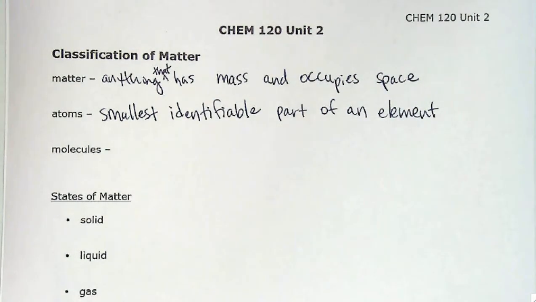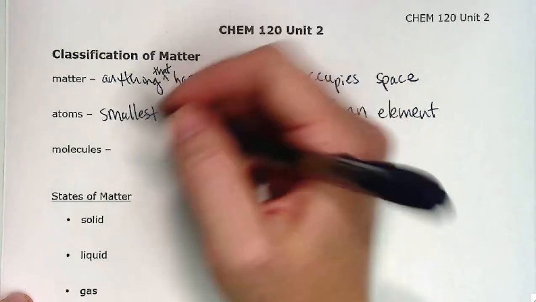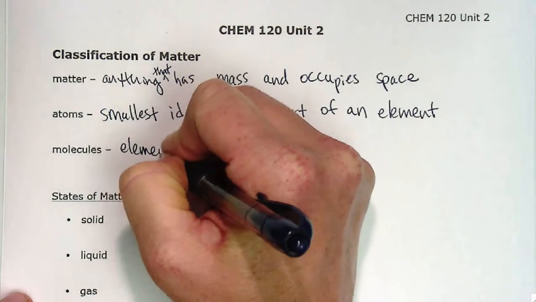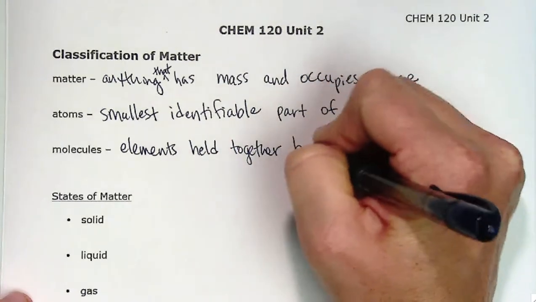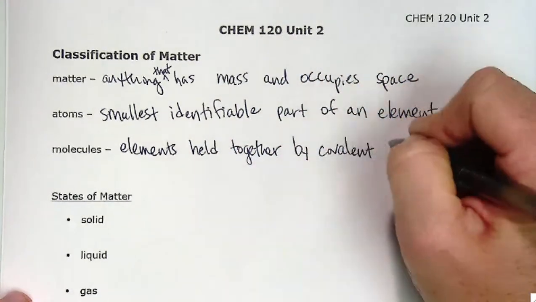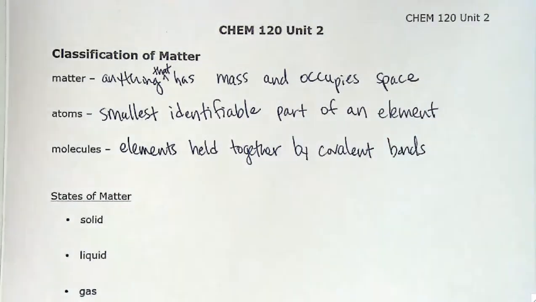And molecules, sometimes you hear this term used as well. Molecules are elements that are held together by covalent bonds. And we haven't really talked about covalent bonds yet. We will talk about that later in Unit 2, but I just wanted to give you an idea of these